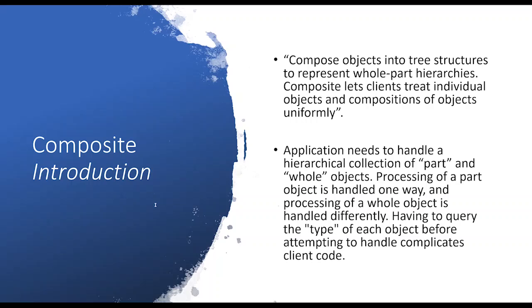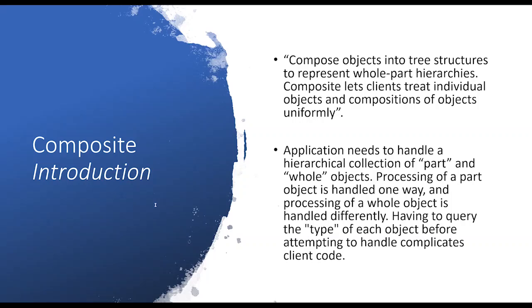To understand it, suppose your application model has a tree-like structure, composed of leaf and composite objects. For example, a directory file structure. A directory can have multiple directories inside it, which in turn can have further directories, and finally, at the end, it would have a file. So this is a tree-like structure which I'm talking about, correct?